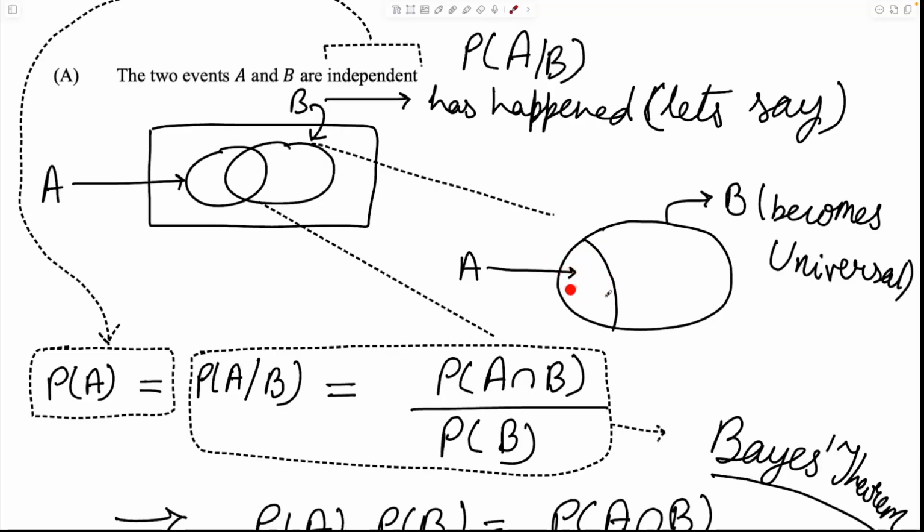So this portion of A inside of B is what is known as P of A given B, right? And this region is equivalent, as you can observe, to P(A intersection B), at least in bare magnitude, not in absolute magnitude, because now the probability space has collapsed, so we have to calculate its new probability